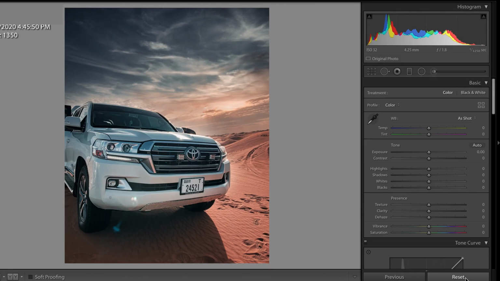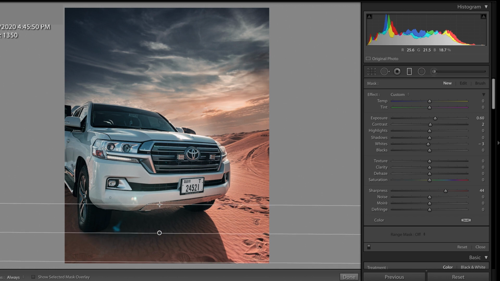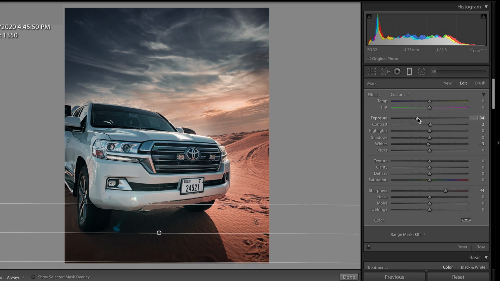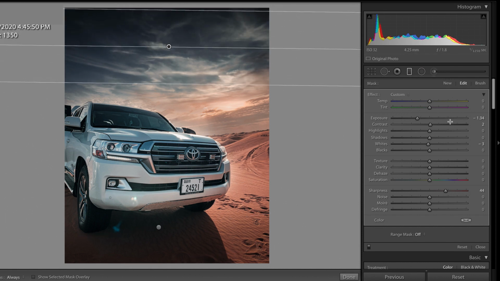Here's the interesting thing. If you have Lightroom installed on your PC or MacBook, you can basically open this in Lightroom. So let me show you what exactly you can do within Lightroom. So I have it here open in Lightroom. And what I'm going to do is, for me, pretty basic. I just want to put a graduated filter at the bottom, drop my exposure, bring some more attention towards the car, drop a graduated filter from the top, just right about there, increase the exposure just a bit,